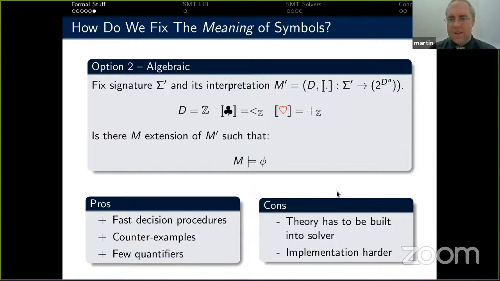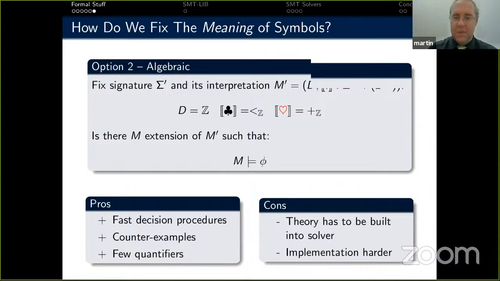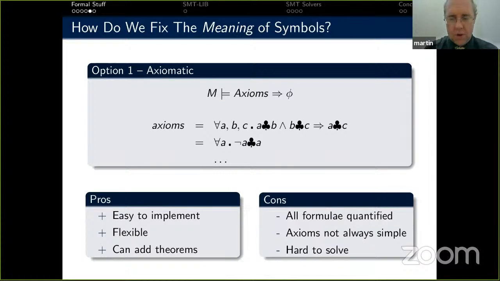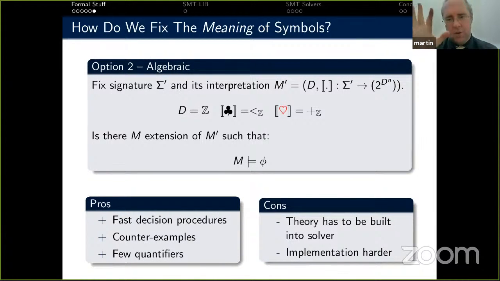And what that means is that, unlike the axiomatic approach, where if they suddenly want to talk about complex numbers, sure, we'll write down some axioms for the complex numbers, and then you're good to go, and they can just change it in the input. If you take this approach, the model theoretic approach, and you suddenly want to reason about complex numbers, okay, well,